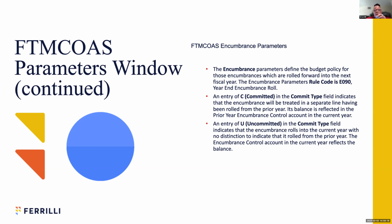It equates what the original amount was and the remaining balance, and it's only going to roll forward the remaining balance. It's going to go back and shut down that purchase order, that encumbrance that it's tied to, in the current year, and it's actually going to open it up in the new year. It's going to post the new fiscal year as this PO is in the new fiscal year now. And then it's going to provide the remaining balance to continue to be used in the new fiscal year. So it's not just your typical E032 or E035, I'm closing or adjusting. It's really doing quite a bit of work. So it's important that you use this particular rule code,